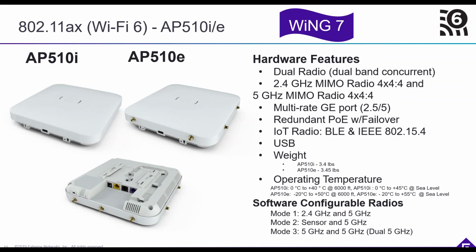All right, so the two access points that we have are both 4x4 access points. We have the model 510, which comes in an internal and external antenna version. This AP in particular has 2 Ethernet ports on it, which both can be used to power up the AP. So we call this redundant PoE failover. It also supports 1, 2.5, and 5 gig multi-rate on the wire. It has an integrated BLE radio, which is great for locationing services or however you want to use that radio